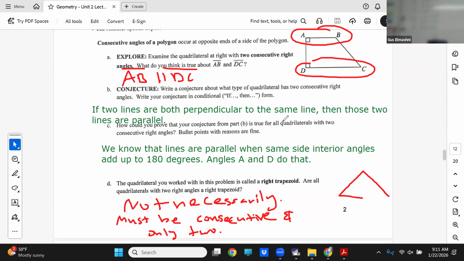Wait, so we have to prove this stuff, but there's no other triangle. So what you could do is put these two angles are the same, so those two sides are the same. Got it, okay. Oh, should I just put this side also? Yes. We just need to prove that this angle is the same as